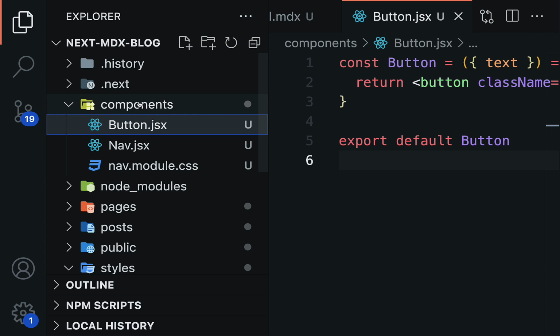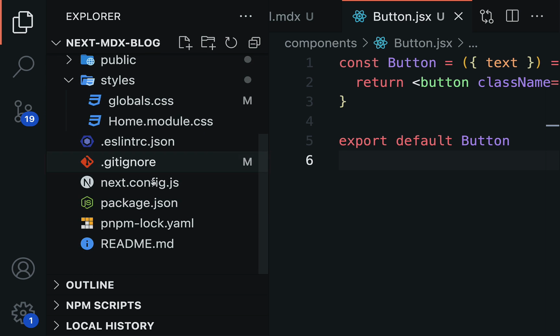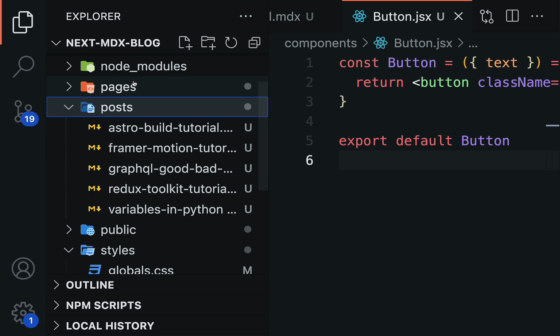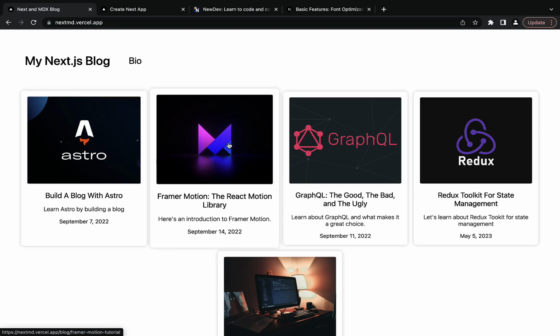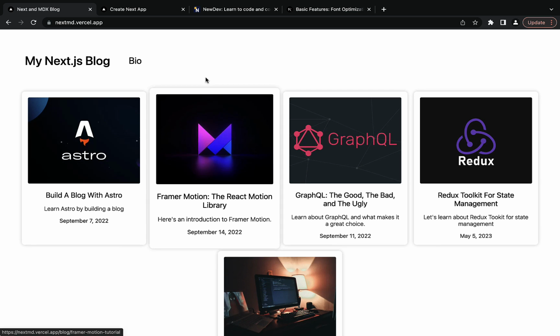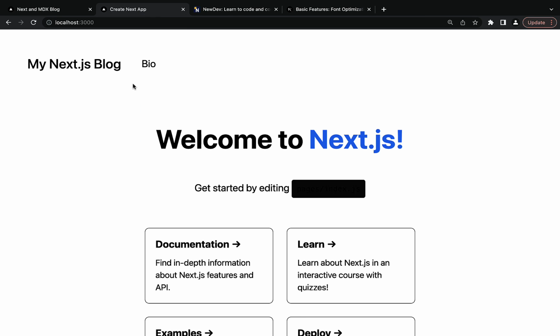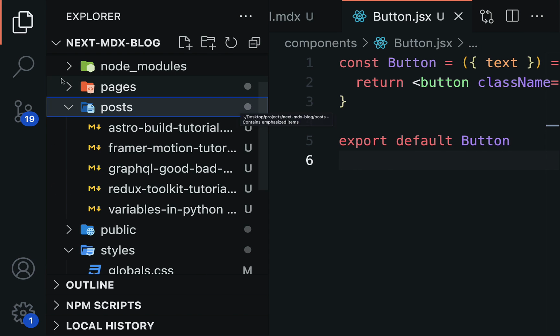Now we've seen how to create the button.jsx file. Next, we want to see how to use the different posts in our application. So we want that to appear in the home page. If we go to the hosted application right now, you can see the different posts right here, and that's what we want for our own application. Our application right now is currently bare with the default welcome to Next.js text. We are going to change that, and we'll see how to get the content of this posts directory